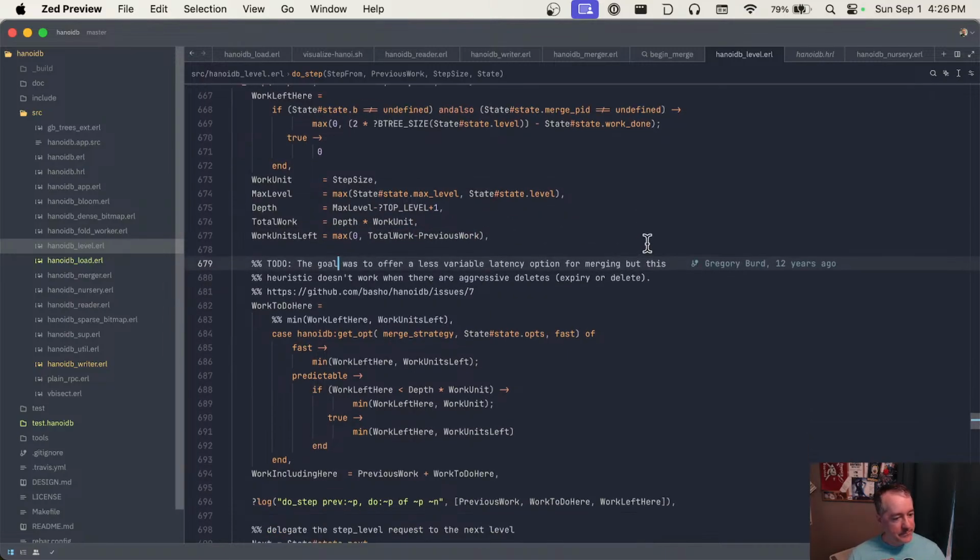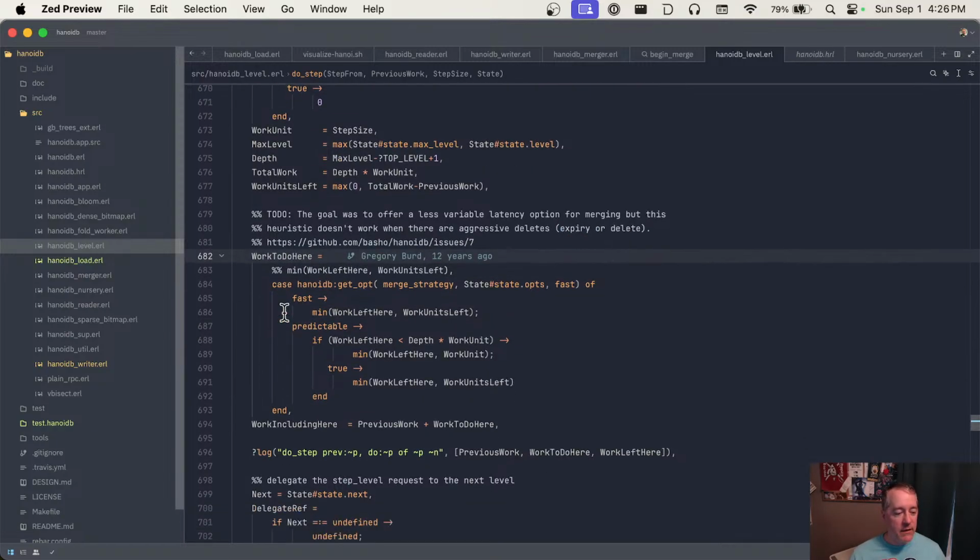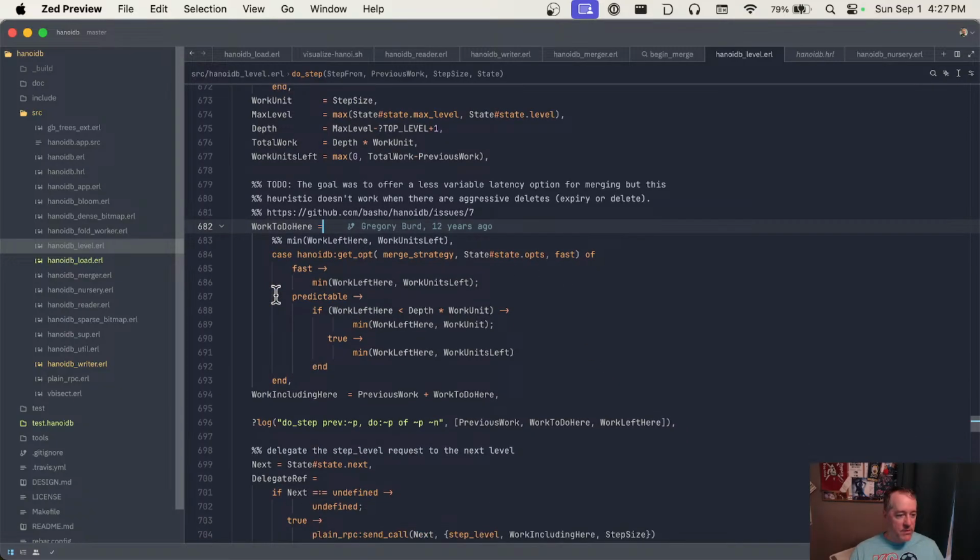Okay. Right. Well, that's fun. The goal was to offer a less variable latency option for merging, but this heuristic doesn't work when there are aggressive deletes. So if keys expire or are just massively deleted, which is the thing that happens in Riak from time to time, especially if you have expiration turned on. Okay, so